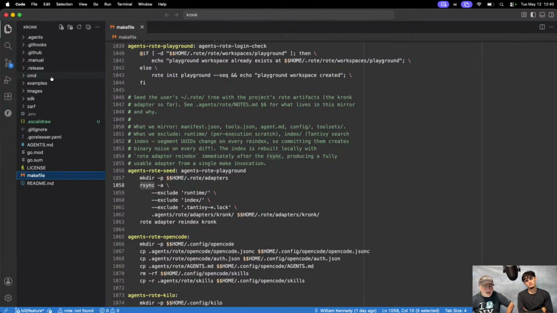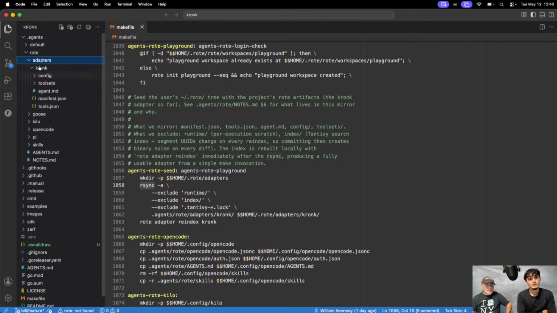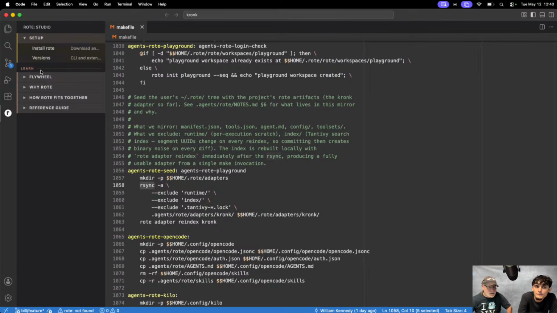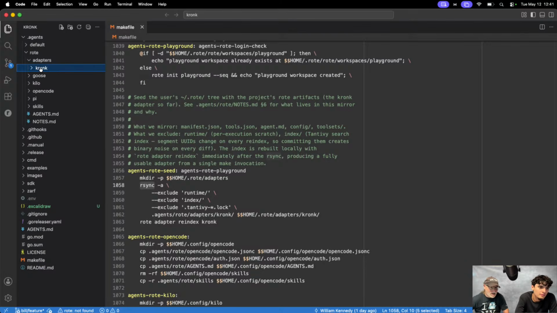So the model used rsync to copy files that I had already from here. Okay, now that makes sense. So I already created the adapter here, and I saved it. I forgot I did that. So if this was here, I could have used it to create that adapter. It would have connected and done that. But I already created an adapter for Kronk, so you already had it. You don't have to go back through and recreate it. I forgot I did that. So I've given this to you already out of the box.